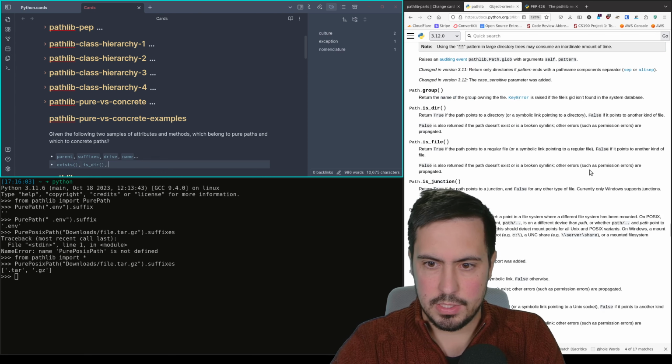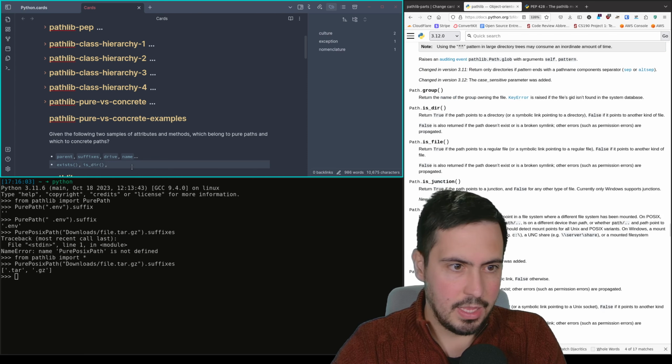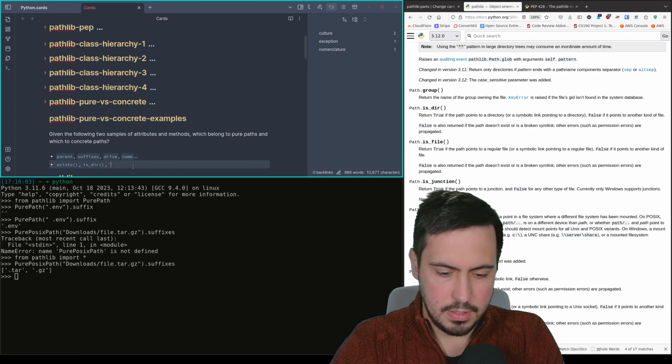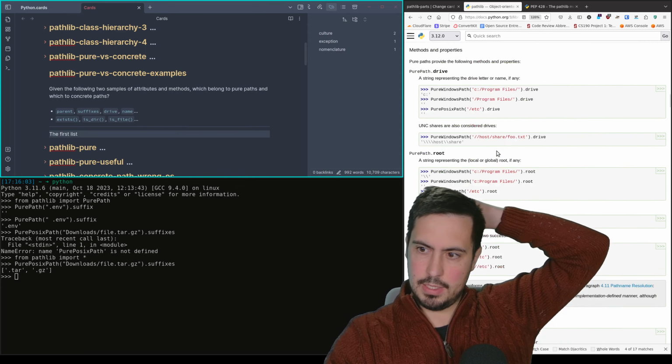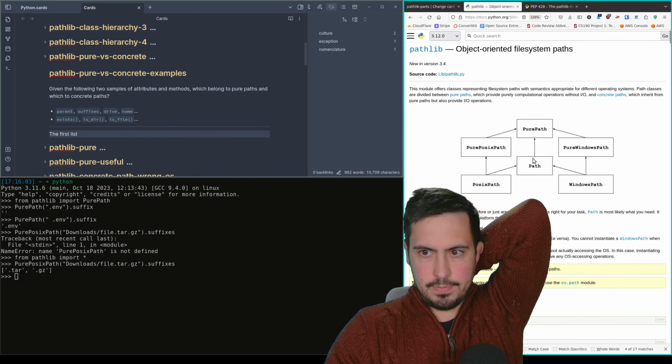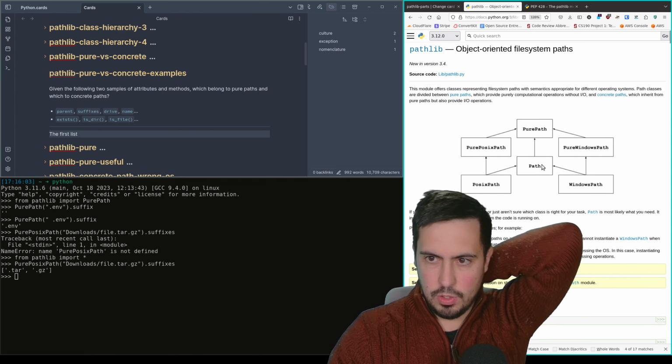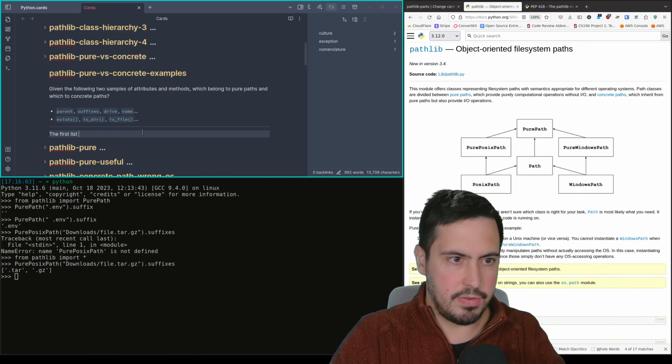This kind of thing. Is file, etc. The first list, so of course every path implements also the functions of a pure path. So the first list,